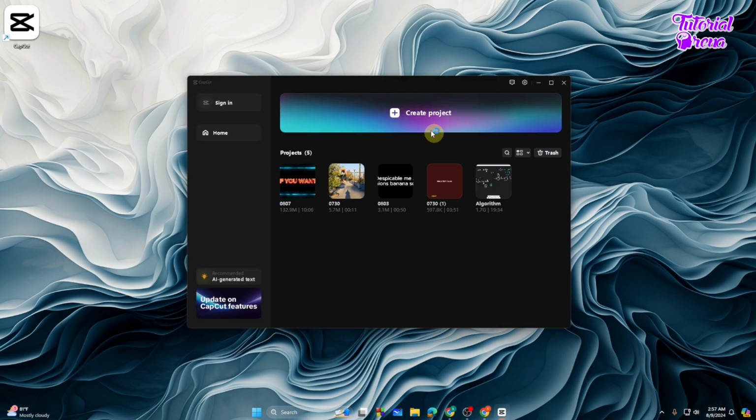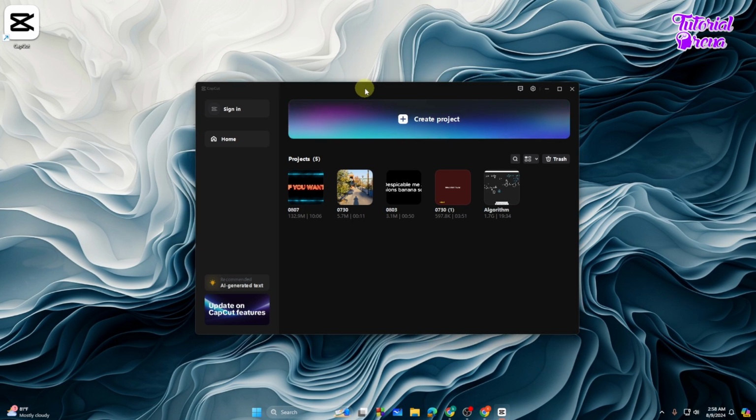And as you can see, guys, we got our CapCut. So that's how you can simply download CapCut on